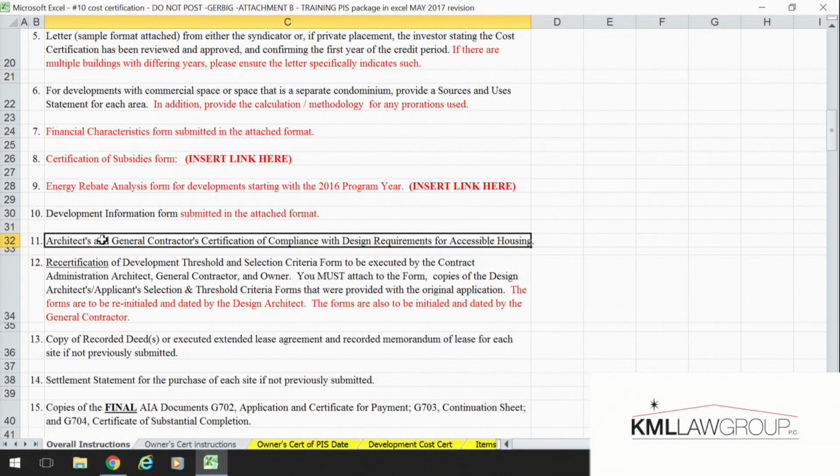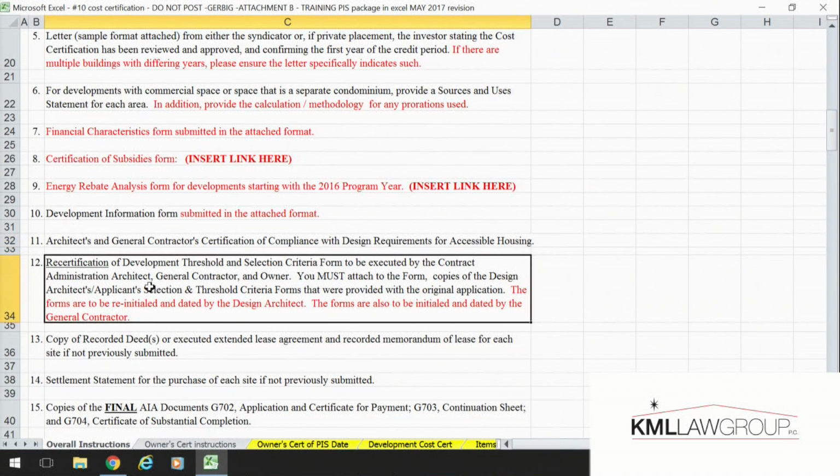Okay, so the architect certification of compliance with design requirements, that form hasn't really changed too much from our previous placed in service package. Number 12, we seem to have a lot of problems with the understanding of this one, so we did revise some of the verbiage in this form. And essentially what this is, at application, when they agree to our threshold and selection criteria,